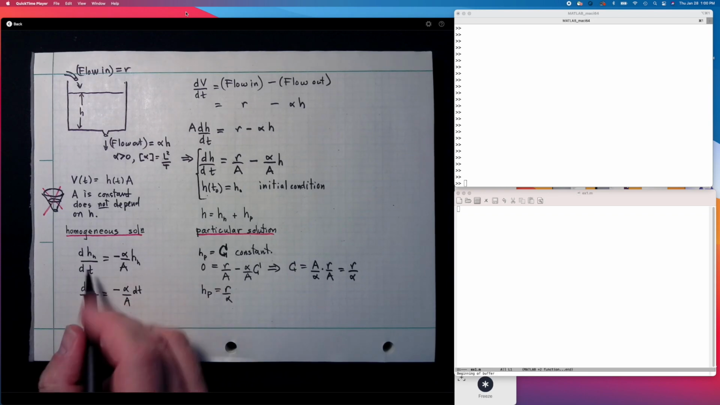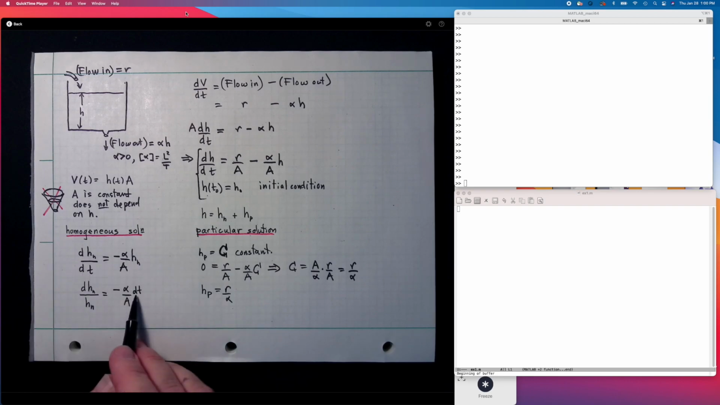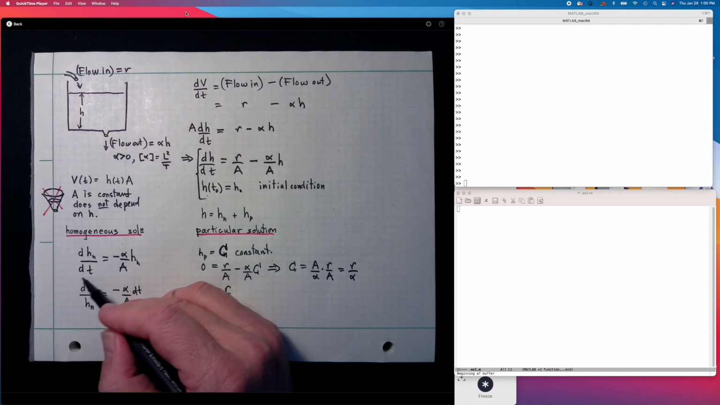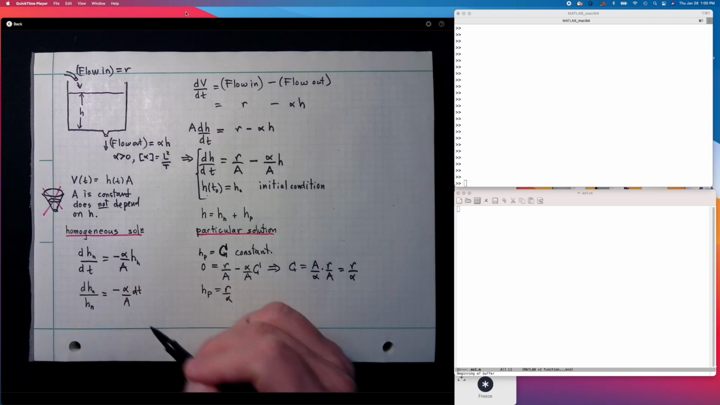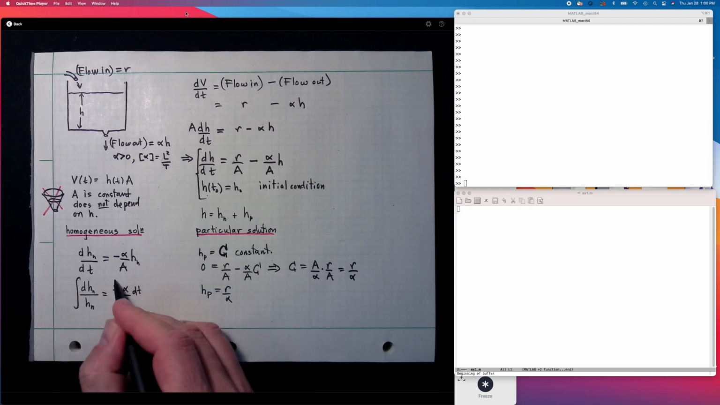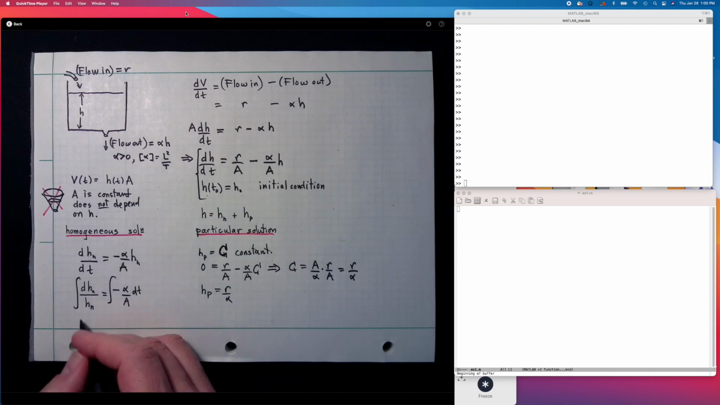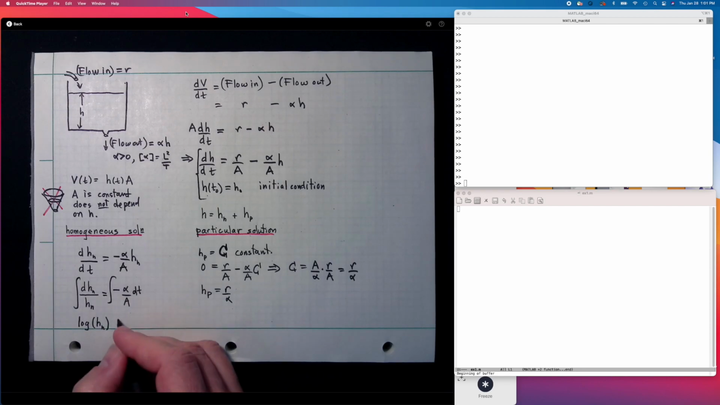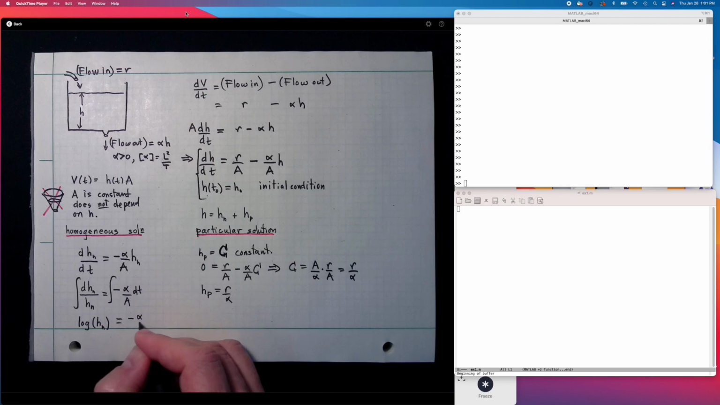So we multiply both sides by dt, eliminate the dt, and divide both sides by h_homogeneous to eliminate it on this side. And now this left hand side depends only on h, whereas the right hand side depends only on t, and so we can now integrate both sides. If we integrate both sides, what we get is log of h_homogeneous is equal to minus alpha over a t plus some constant,